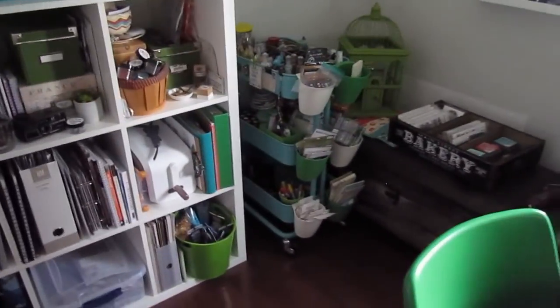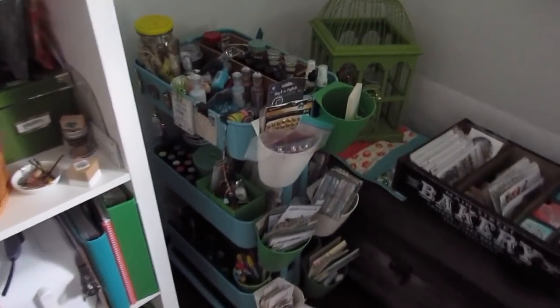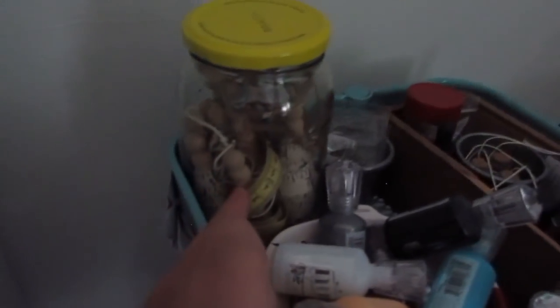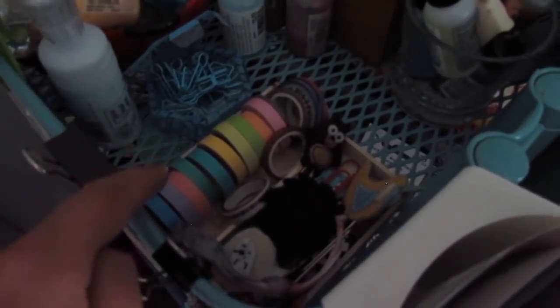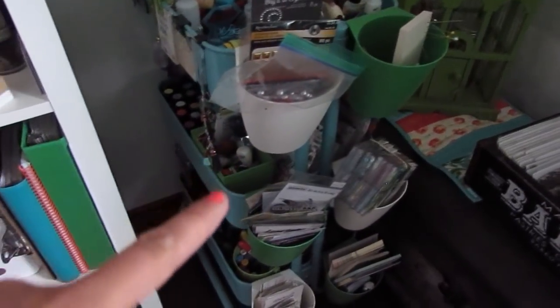I've got my, ouch, I walked into the table. I've got my Raskog cart here, which is similar. I have Nuvo drops in here. They're kind of spilling over. I need a bit of a bigger bowl. Some fun trims in there, this wooden box to organize glitter and little paper clips and stuff. Two of my favorite sprays right there, my alcohol inks, some of my tiny washi tapes, and then these cups on the side have different things like